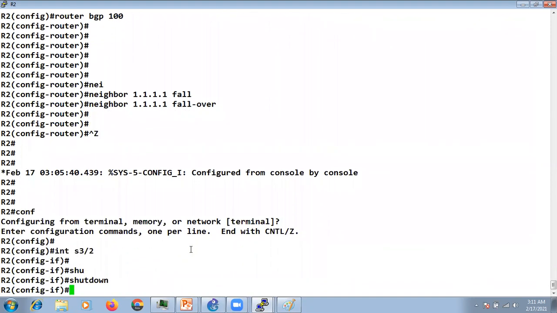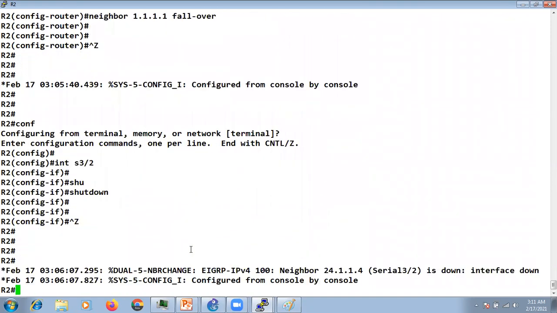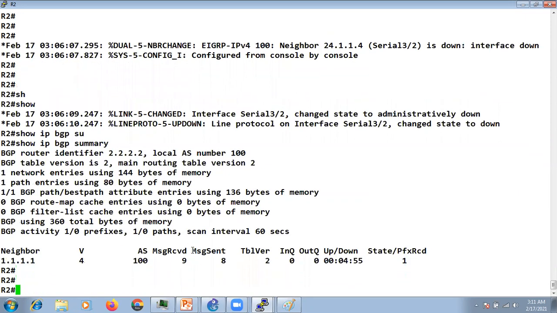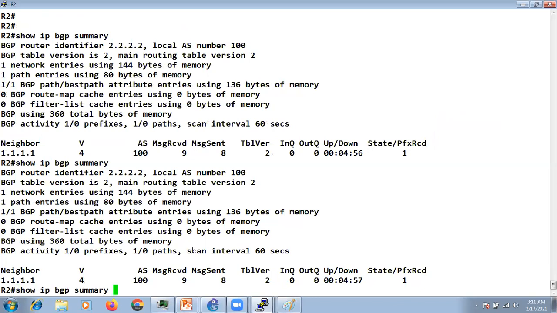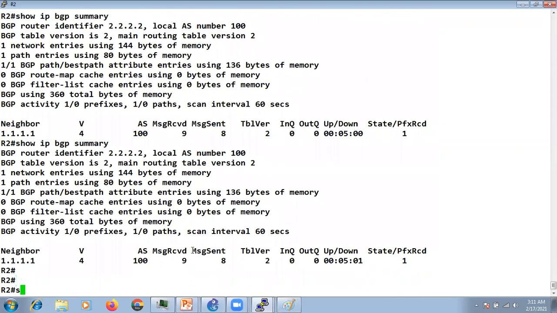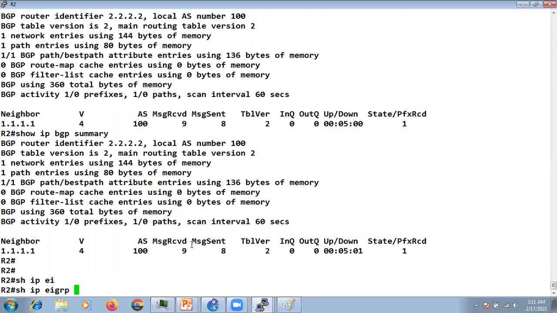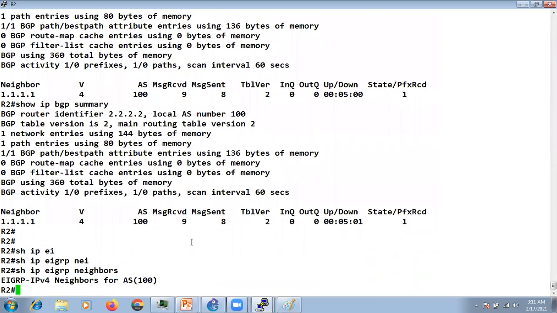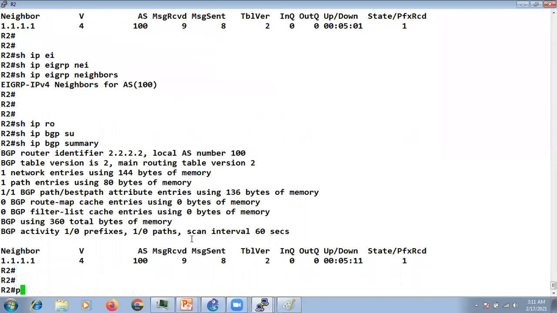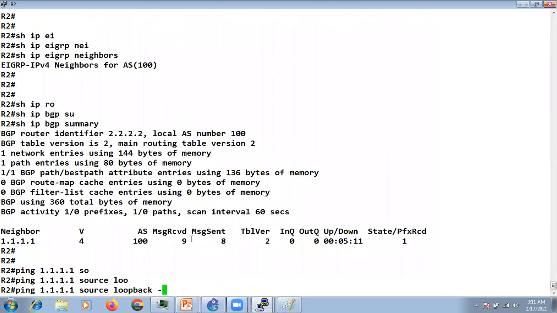Let's shut it again. Show IP BGP summary. Show IP EIGRP neighbor. Ping 1.1.1.1 source loopback 0.